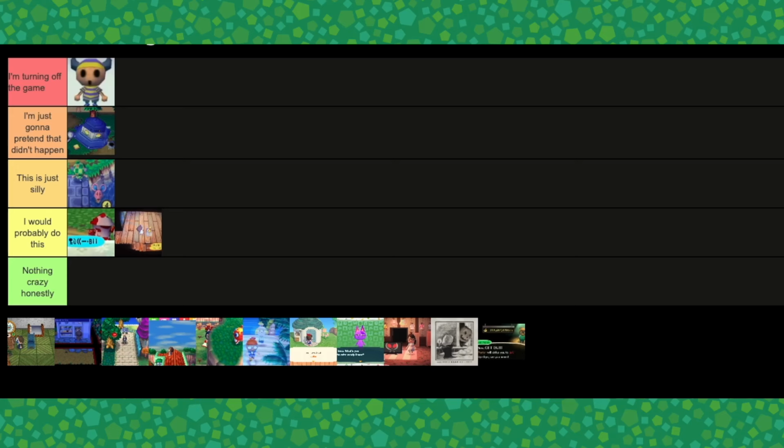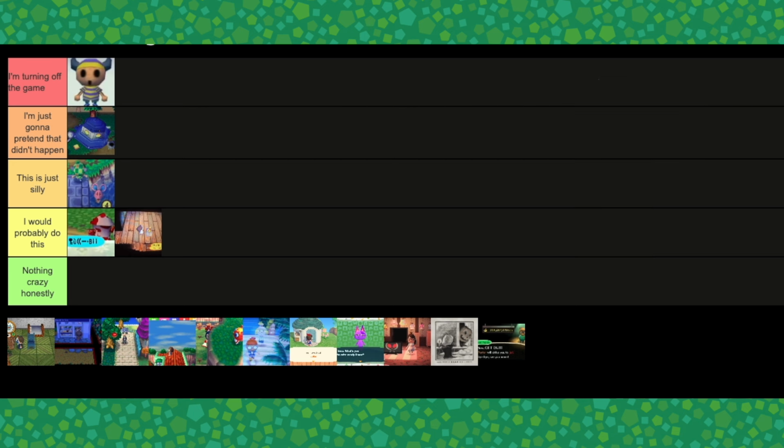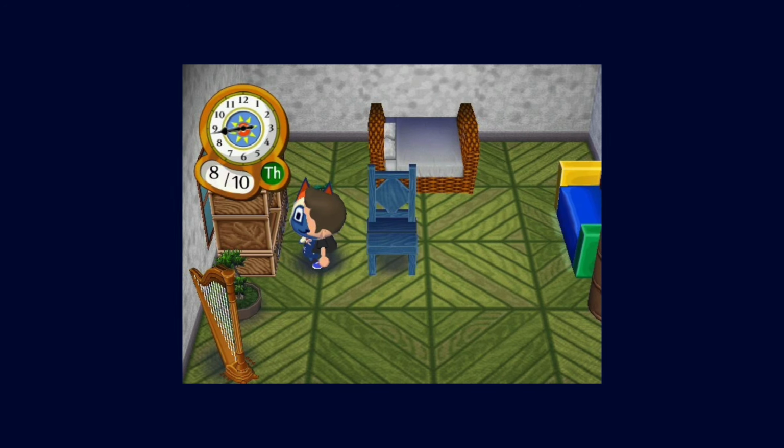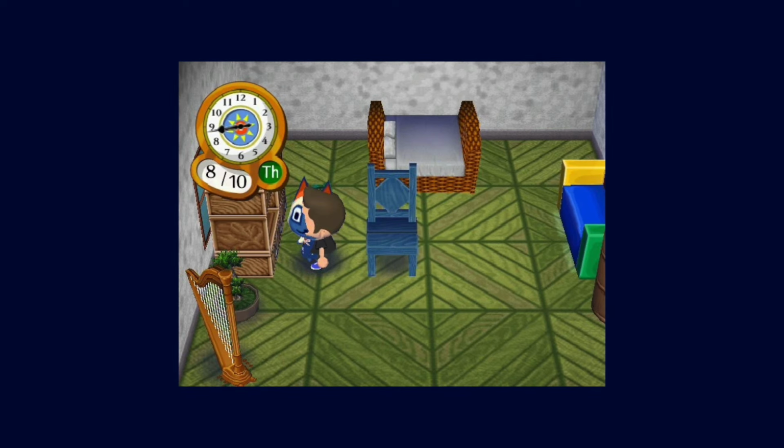Now moving on to Animal Crossing City Folk. There's not many glitches in Animal Crossing City Folk either. I think the main thing with City Folk was a lot of online-based glitches, like when you played online with other players. So the first glitch is the stuck inside a villager glitch, and I could only find one piece of visual